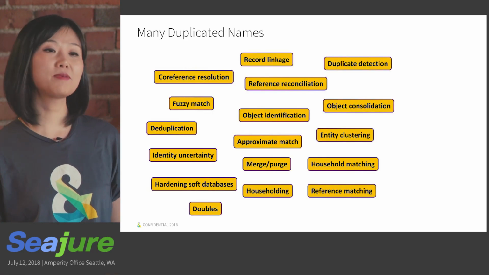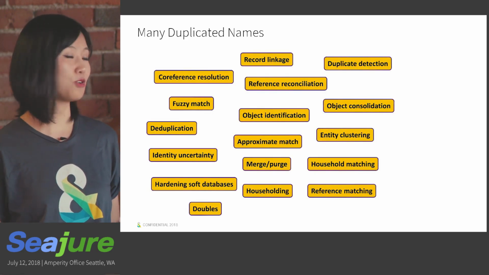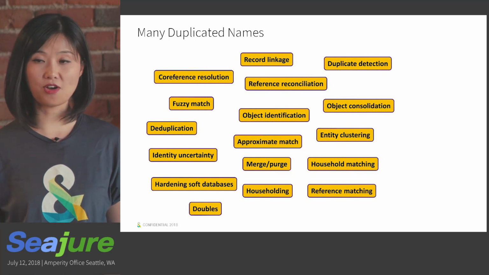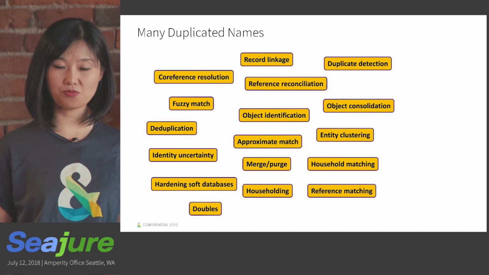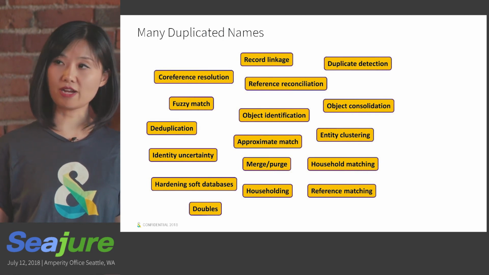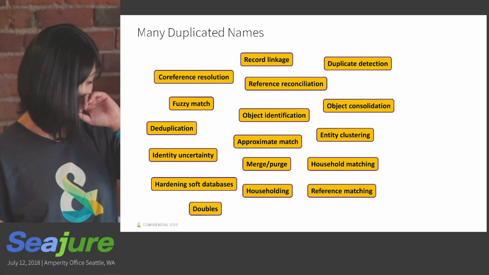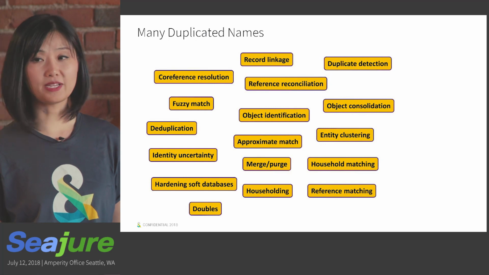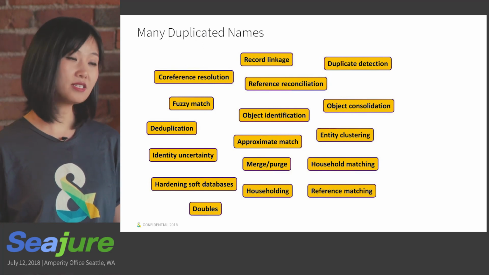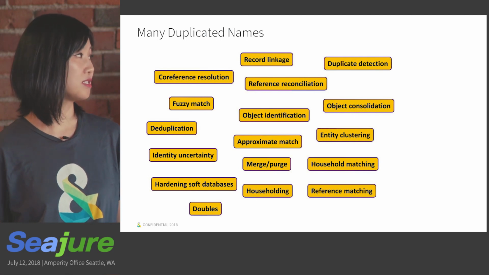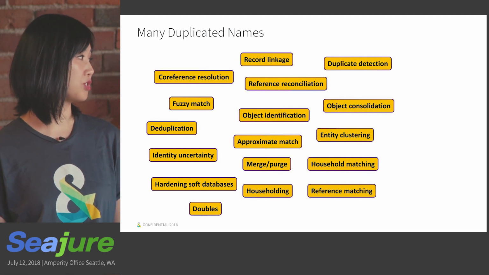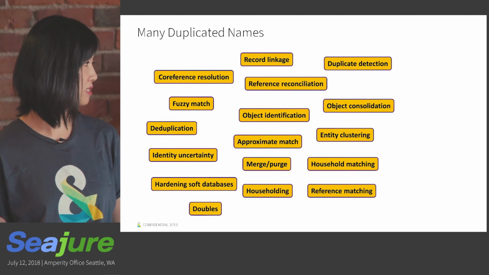Now let's talk about entity matching. By definition, the problem is very easy to describe. You have a large collection of records, and you want to group them into clusters where in each cluster the records are representing the same real-world entity. So it's like a deduplication process. But ironically, entity matching has a lot of duplicate names. For instance, record linkage, entity resolution, and my favorite one, hardening soft databases.